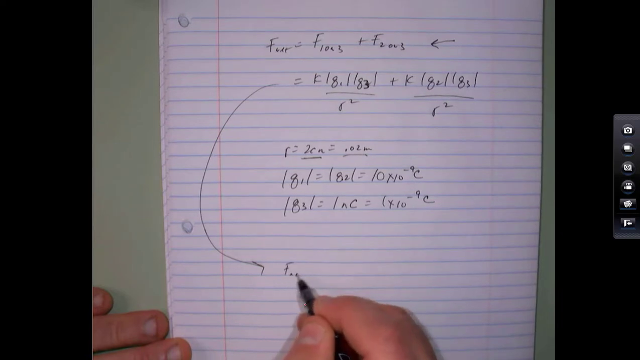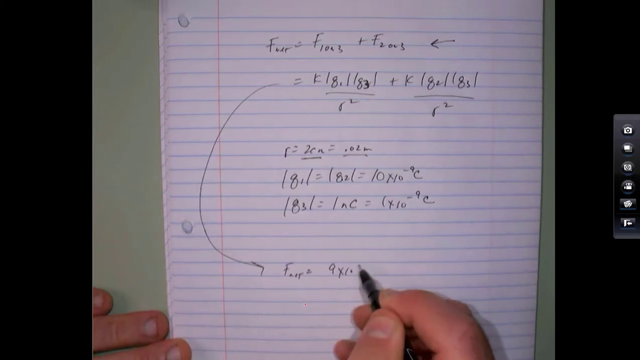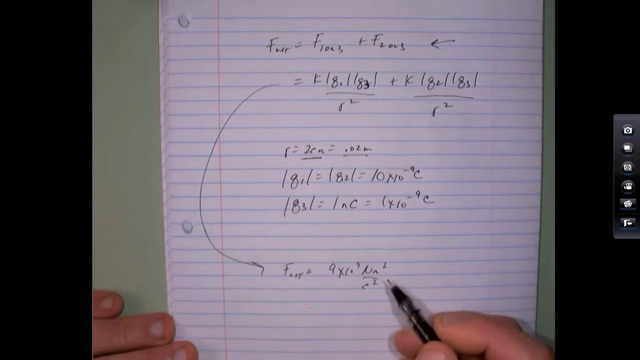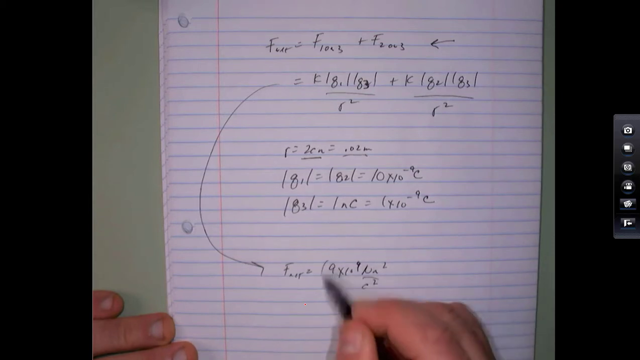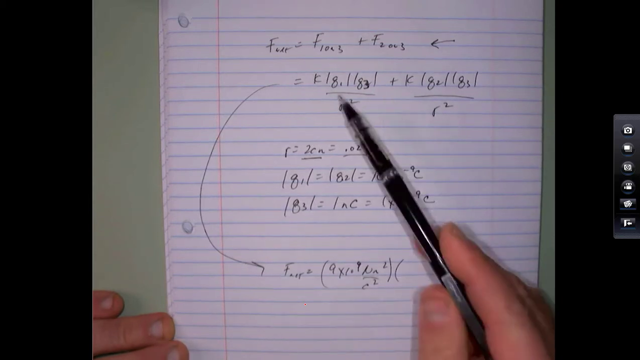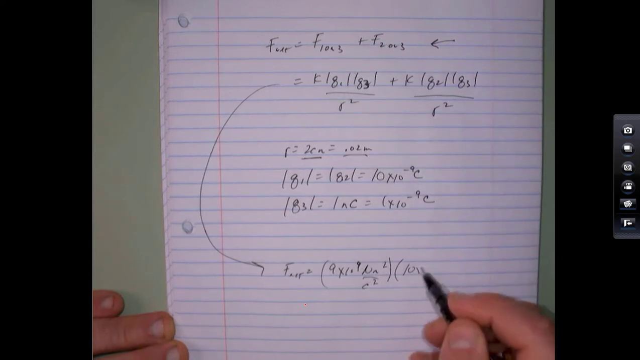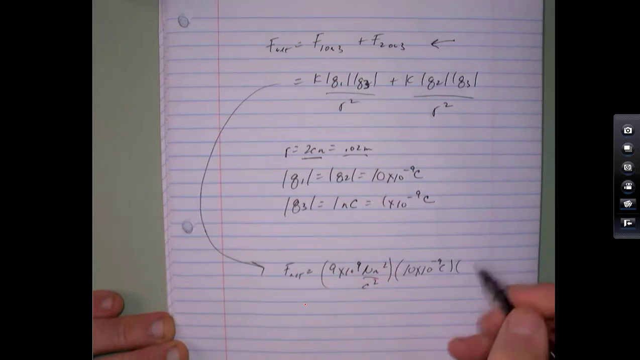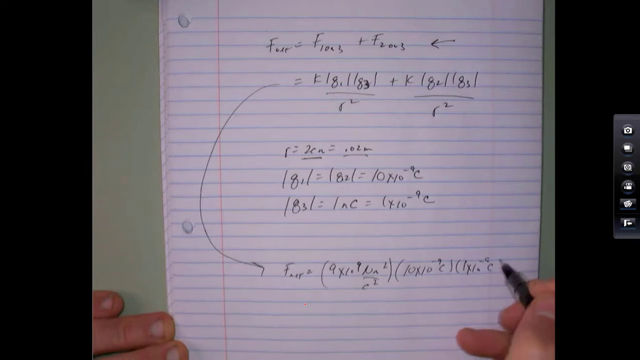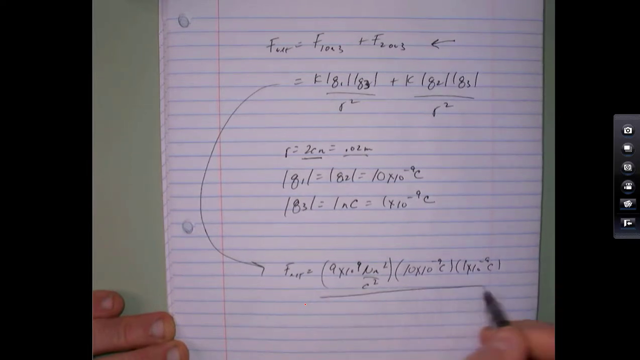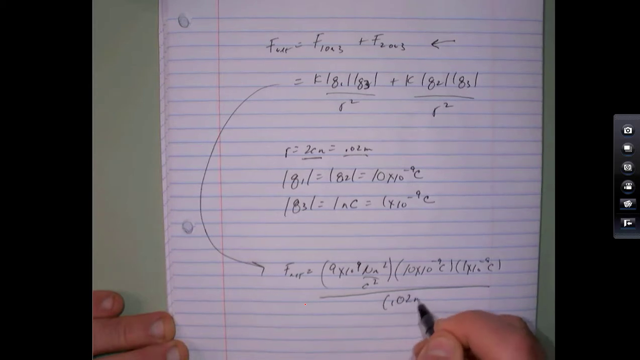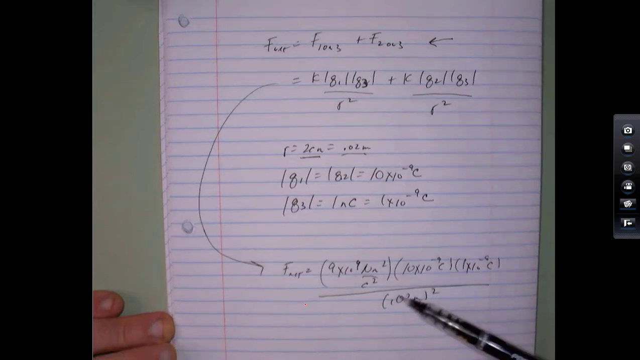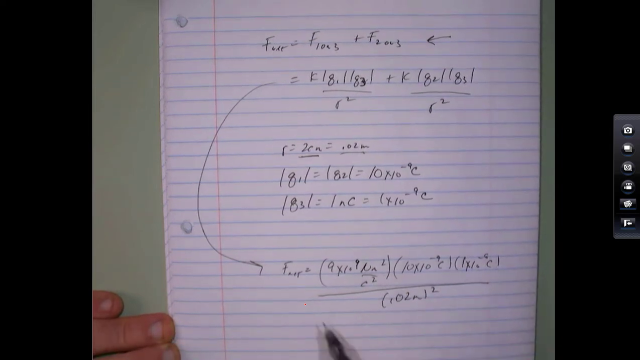F net equals K. I'm just going to use 9 times 10 to the 9th newton meters squared over coulombs squared. It's 8.99, but 9 is practically the same thing. Then the magnitude of Q1, which is 10 to the minus 9th coulombs, times the magnitude of Q3, 1 times 10 to the minus 9th coulombs, divided by the distance between them squared. So make sure you put it in meters. Don't forget to square it. You'll see that this comes out in newtons, right? We've got meters squared and meters squared, that cancels. Coulomb squared, there's a coulomb and coulomb. So that's this part,